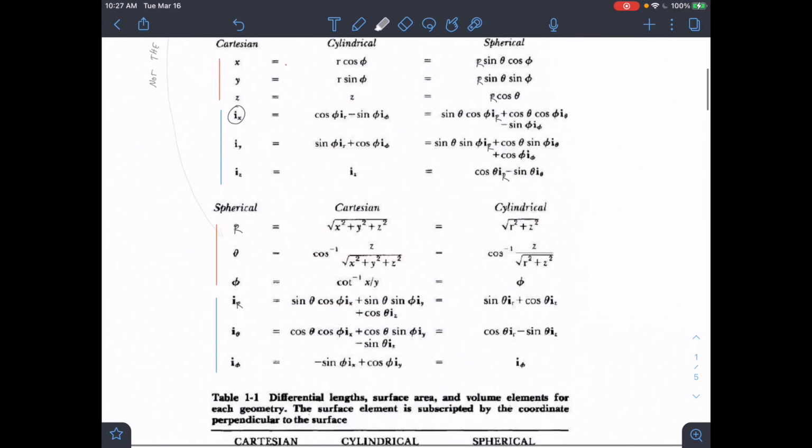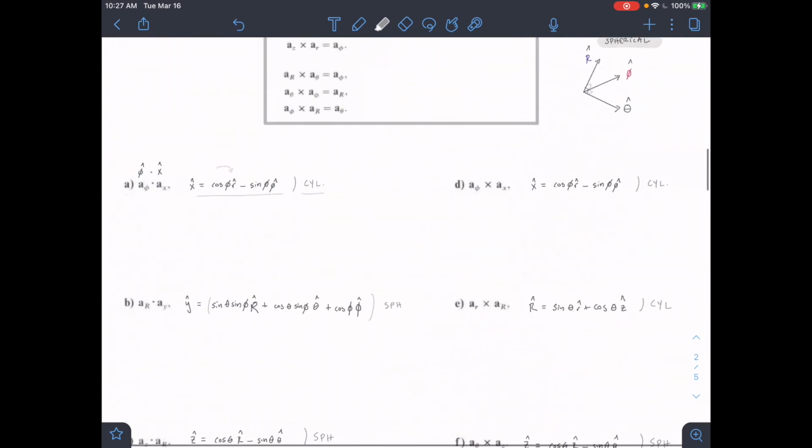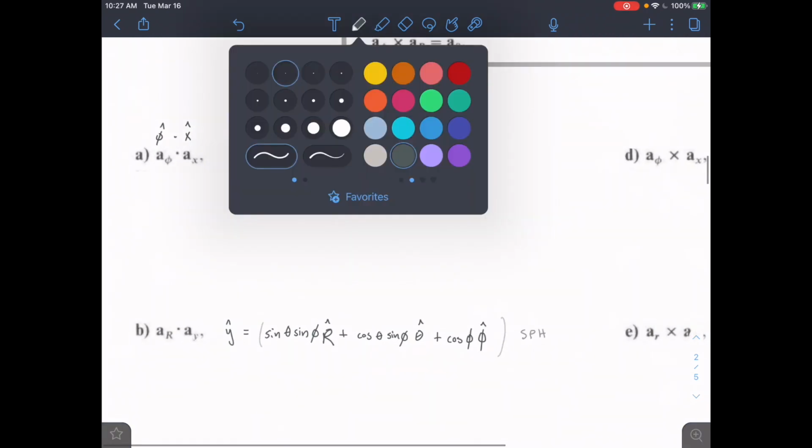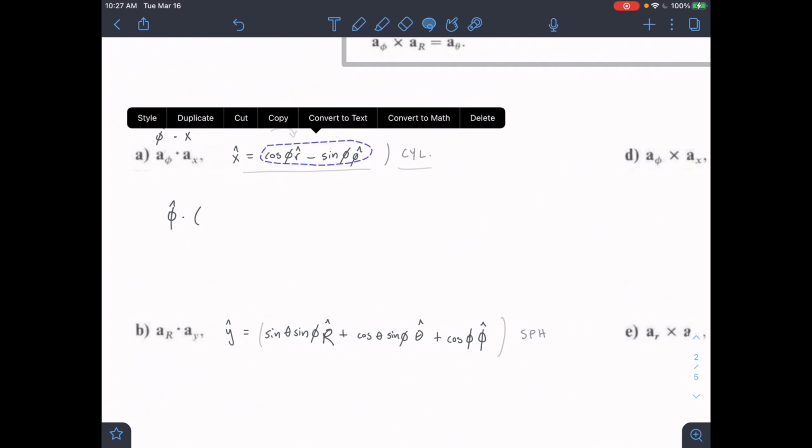So I got that from the table up here. I started with Cartesian, and I have x hat. Then I took the cylindrical version, the unit vector for cylindrical. So I converted this unit vector to cylindrical. This is the equivalent, and then I'm going to use it in my problem. So I have phi hat here, and I'm going to dot it with this x hat vector that I found,